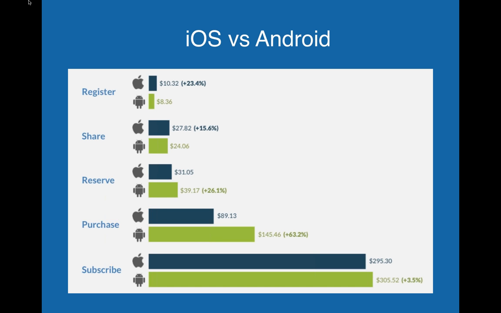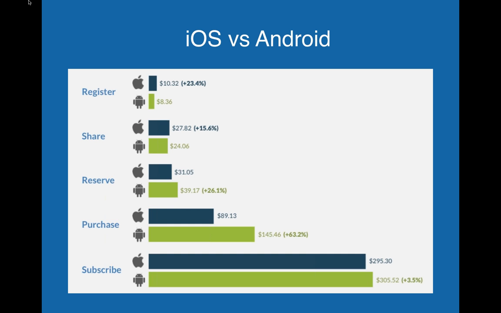So these numbers are average numbers or median numbers. But if you have both an iOS and an Android application, these numbers don't at all mean that you should only be putting your money into your iOS app because it's going to have better CPA. That's not the case. What you should typically be doing is potentially putting more money into iOS. But as you increase your scale, your CPAs are just going to go up because of basic economics. And so what you really want to be finding is that balance point where you're getting similar and competitive CPAs for both iOS and Android.